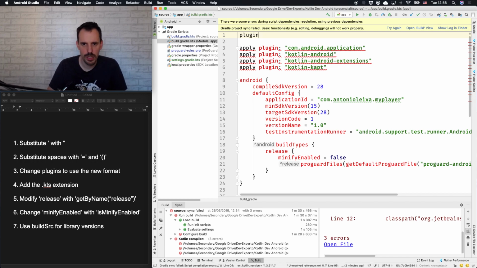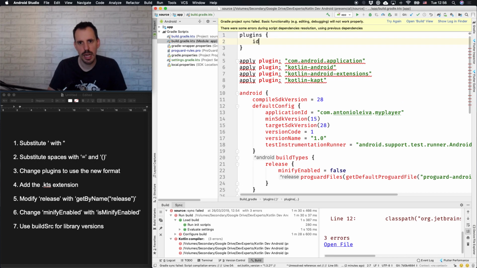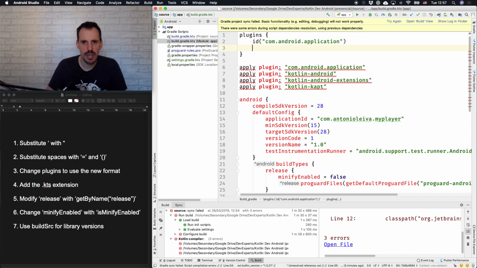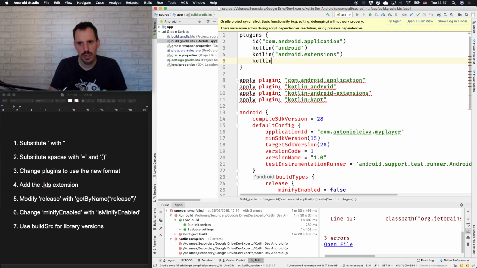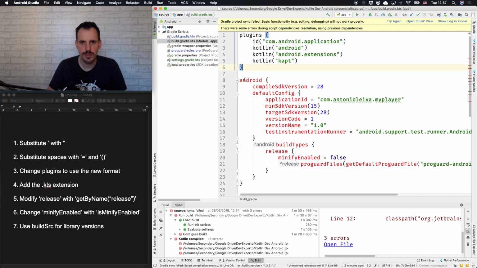We will do here plugins, ID, and here we use the Android application, and we have an extension function here called Kotlin that will allow us to identify Kotlin plugins very easily, like this. Then Kotlin Android extensions, and the last one Kotlin KAPT. This should make it work now. And